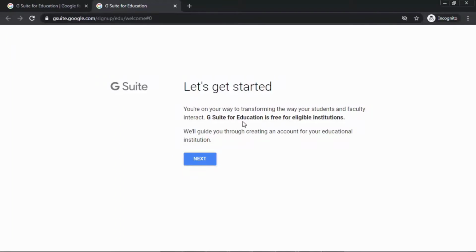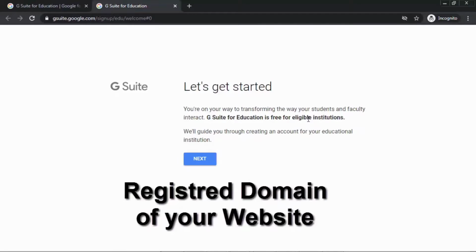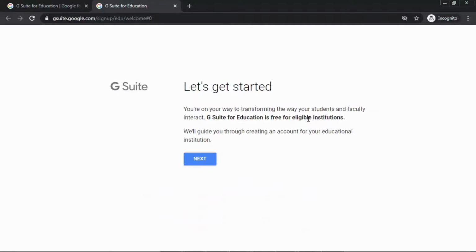G Suite for Education is free for eligible institutions. Eligible institution means that you have to provide your email ID and your educational website domain name. You must have a website that shows that you have an educational institution. Just click on next.